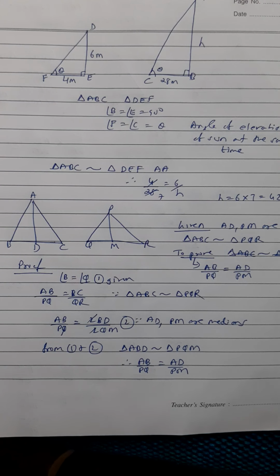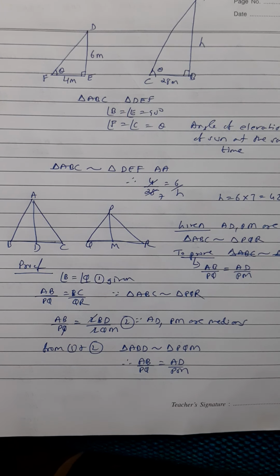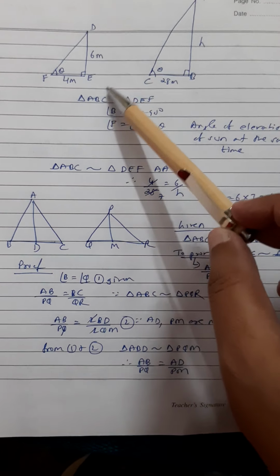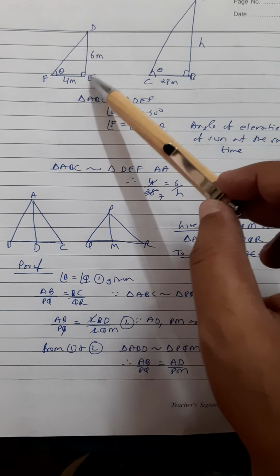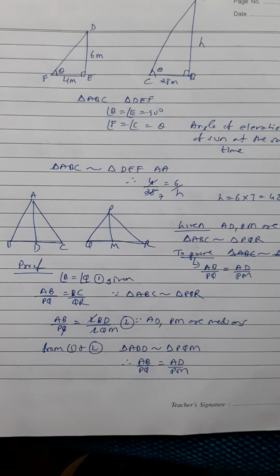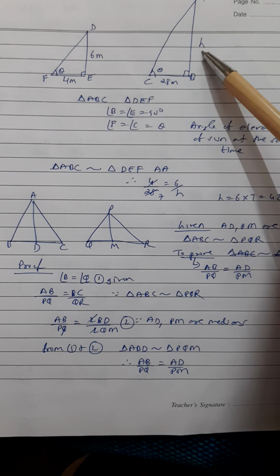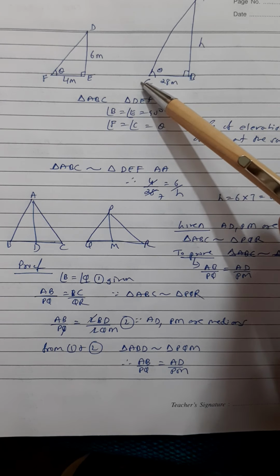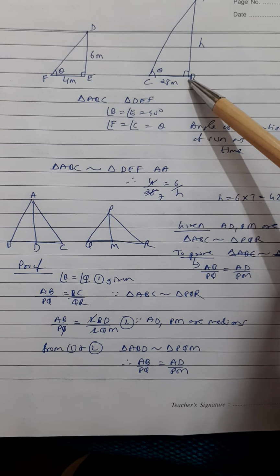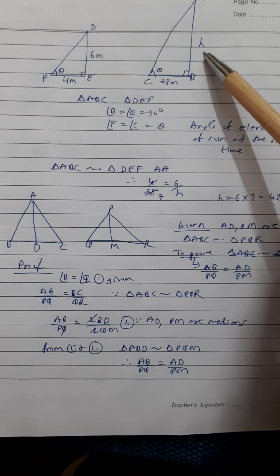Now we come to the last two questions of the exercise, question number 15 and question number 16, right? So 15, this comparatively easy question, normally it comes for 2 marks. Now this is a 6 meter vertical stick which is putting a shadow of 4 meter on the ground, and this is a tower of height h. We don't know what is the height, but the length of the shadow is given 28 meter. Question is, what is the height of this tower?